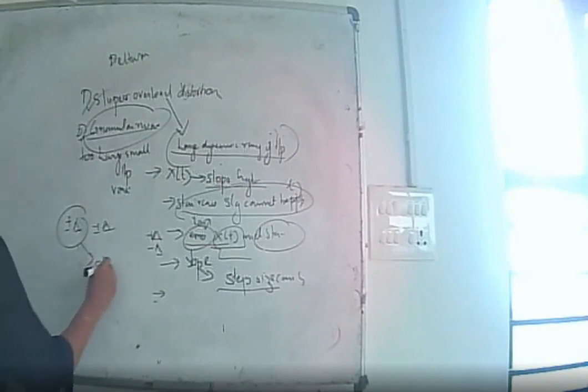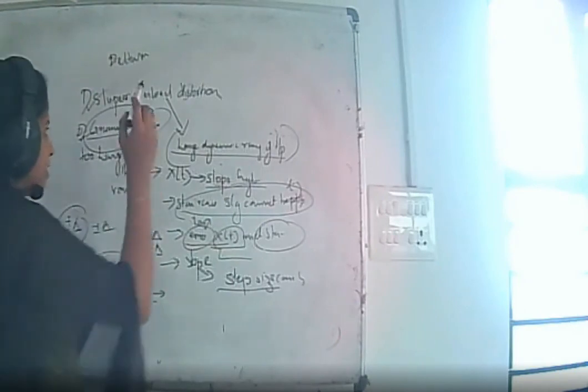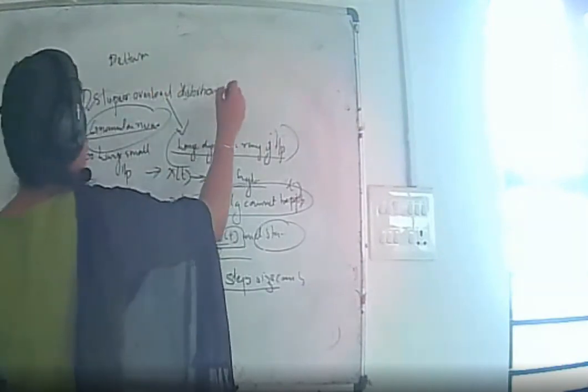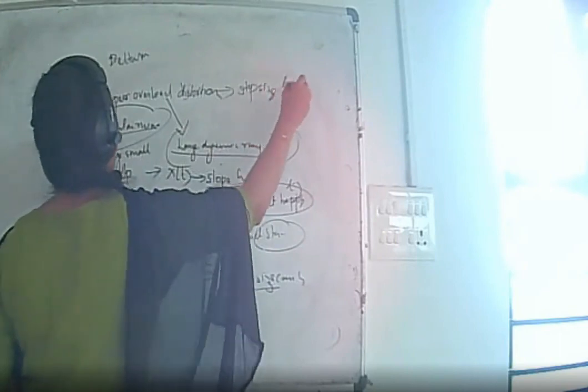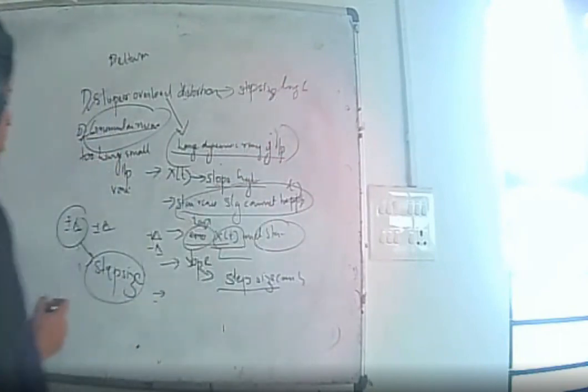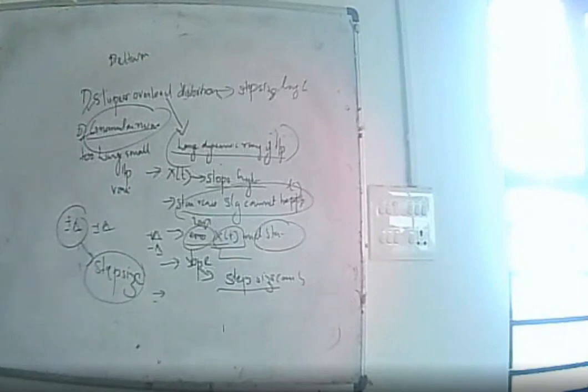It can be reduced by making the step size small. To avoid granular noise the step size should be small, and to avoid slope overload distortion the step size should be larger or high. So step size is the factor which leads to both of these disadvantages in delta modulation. Step size should be selected between the high and low values, so that we can avoid both disadvantages. I hope this is understood. And next we will study about ADM, that is adaptive delta modulation.